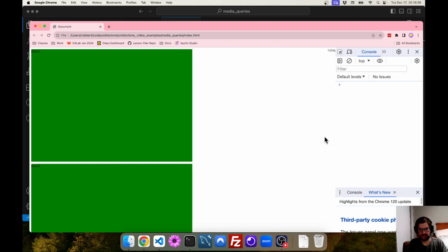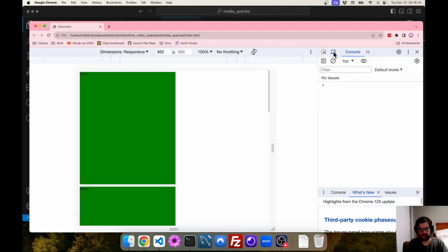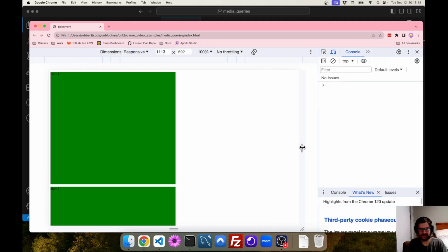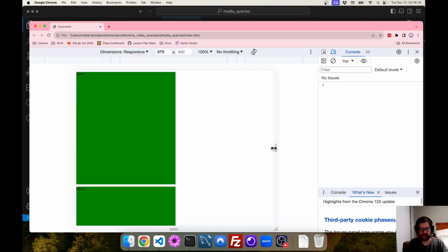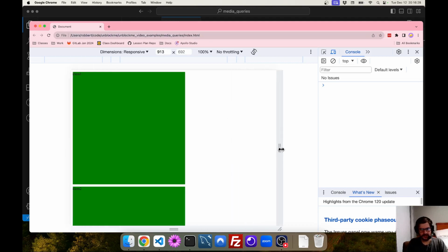Actually, let's do this. This is where your device toolbar can be really useful. So to get that in your inspector, toggle the device toolbar up here at the top. And now you can just kind of drag. It also puts it in the mobile view, so you can see the cursor becomes almost like a touch point. Let me go back to that. So let's say